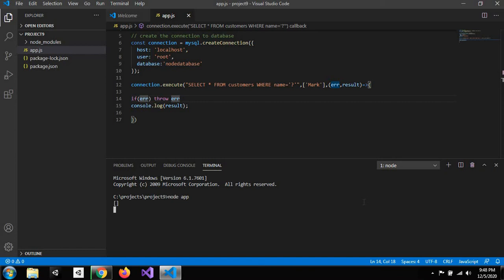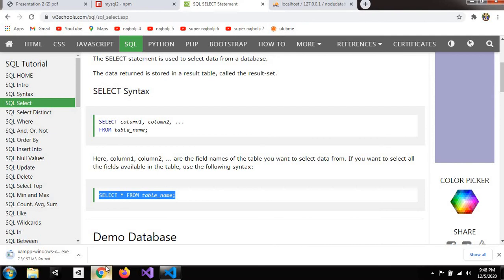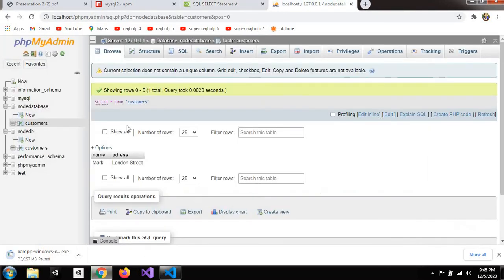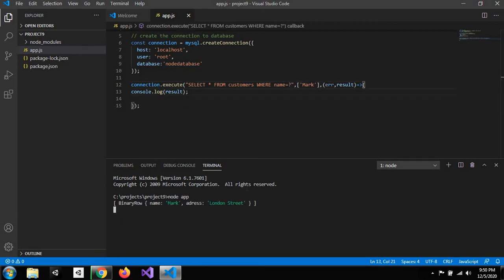Node app, nothing. This is the bug, possibly. Name Mark, okay, that's it. I have found the mistake. I have put here this, guys. It needs to be without this. Okay,